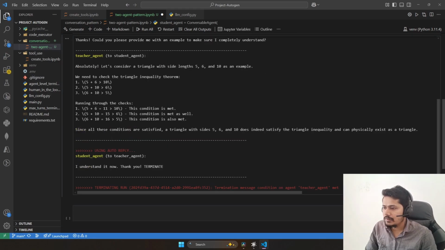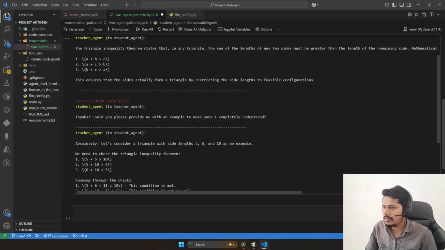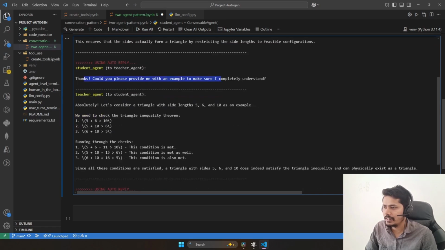So let me expand the conversation, and you can see now once the teacher agent has taught the concept, then the student is asking, could you please provide me an example. Then the teacher has given a simple example. You can see this